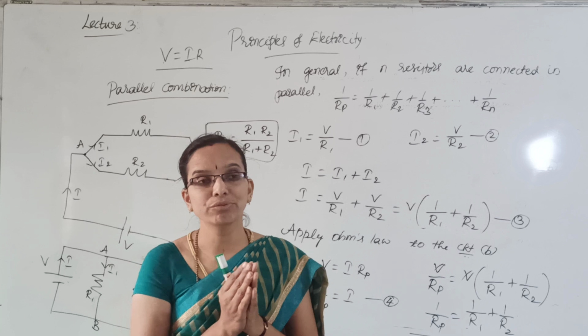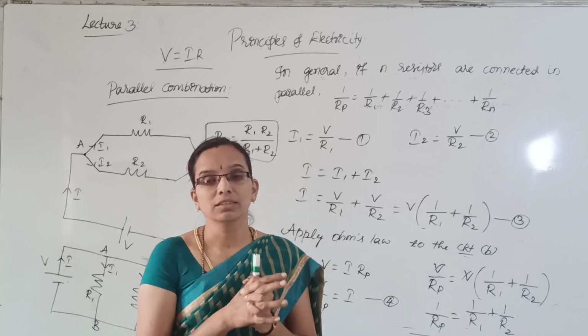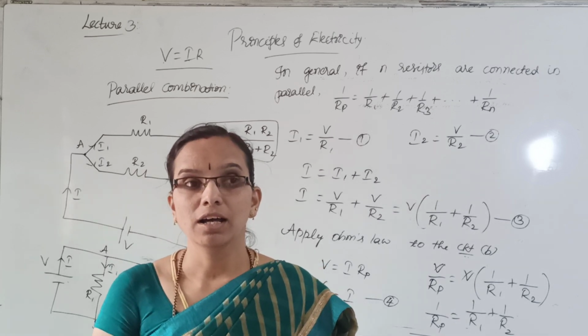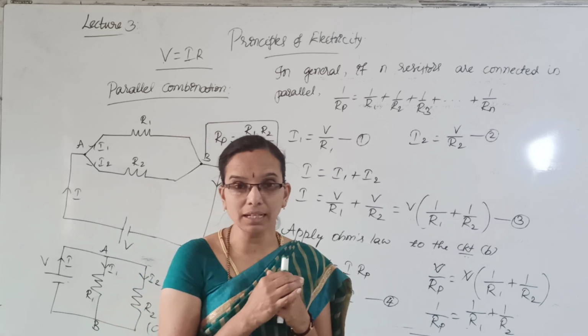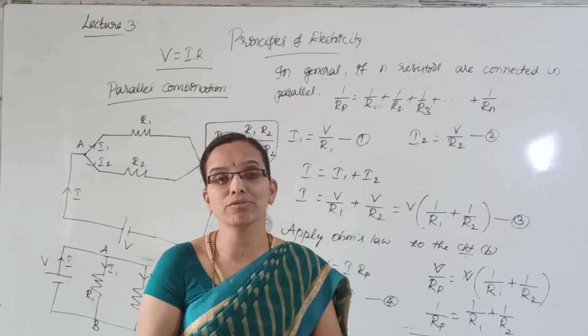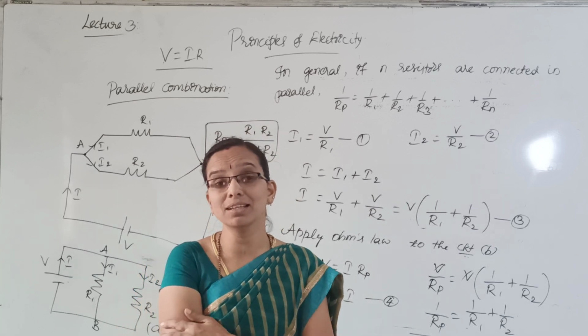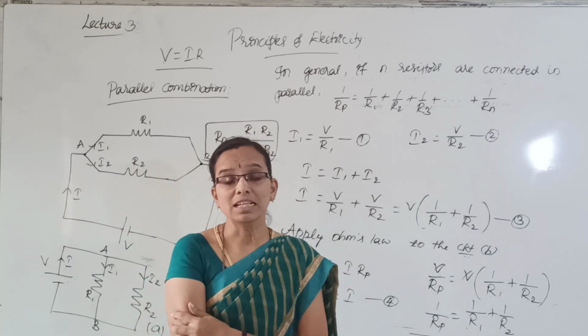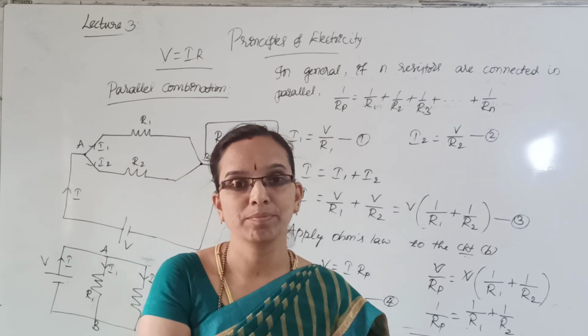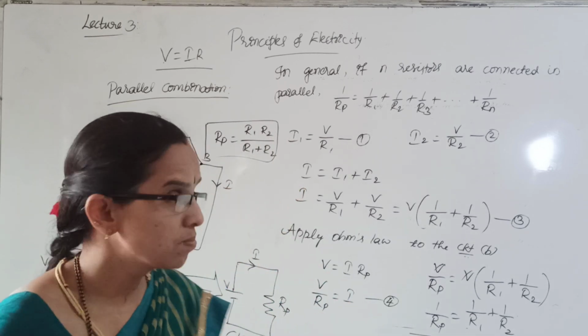So if two resistors are connected, of different values of resistance, then the effective value of the resistance will always be less than the least value of resistance even. Okay, so